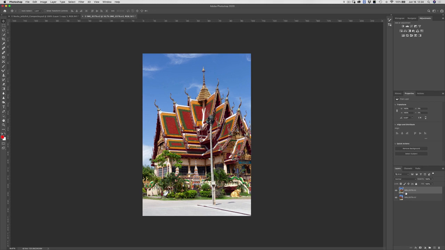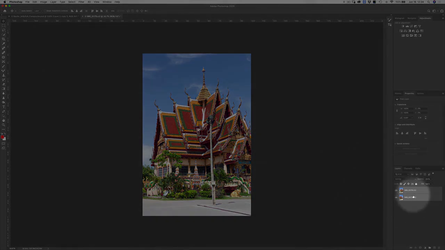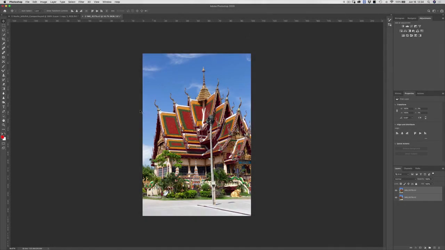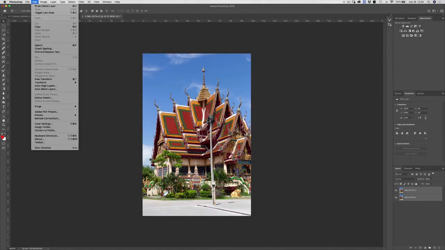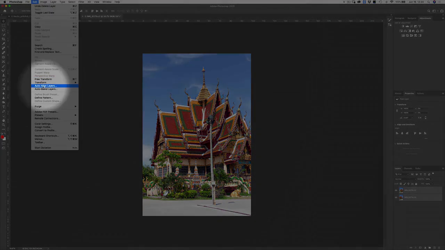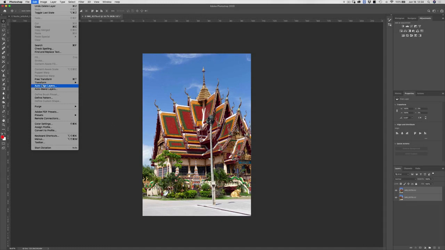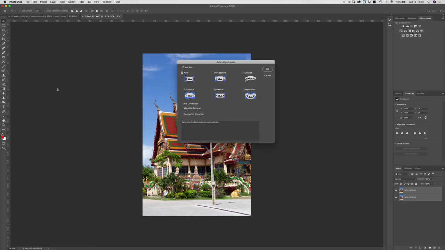What I'll do is select both of my layers over here in the layers palette. Then I'm going to come to my edit menu and choose auto align layers. Now for some of you Photoshop geeks out there like me, this is the first step in creating a panorama, auto aligning the layers.